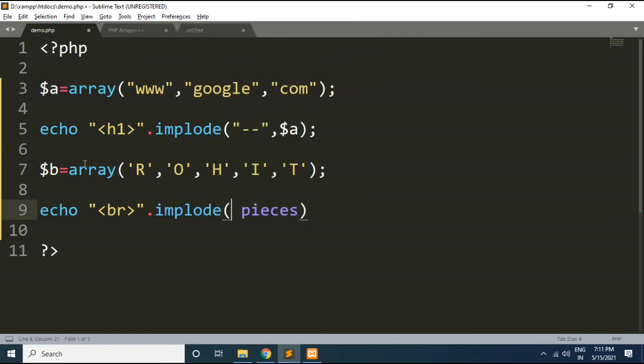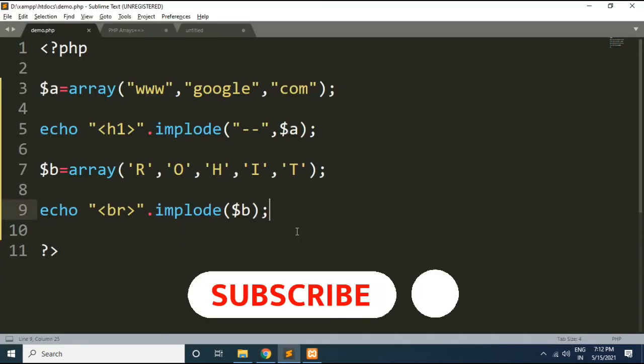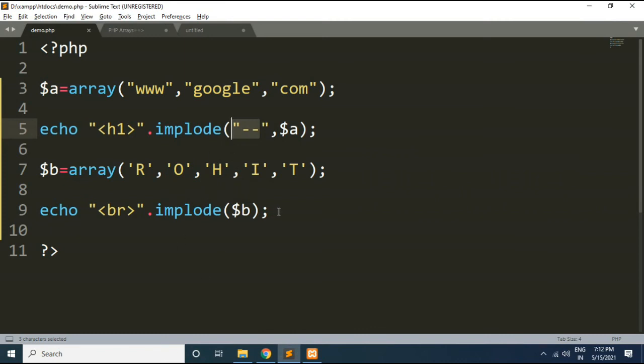Now here I will not specify any glue character, I will directly specify the array name $b. So see the output, you get all the characters connected to each other one by one. So if you don't specify the glue character, they will get connected with each other directly. This is how you can convert array elements to a string.